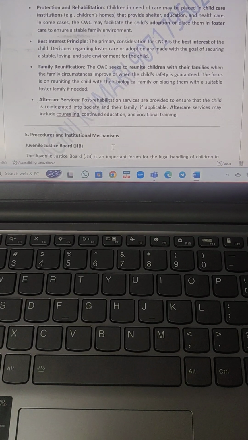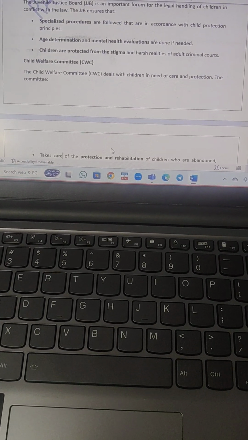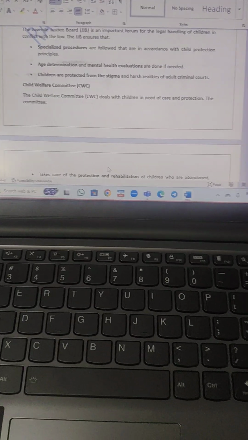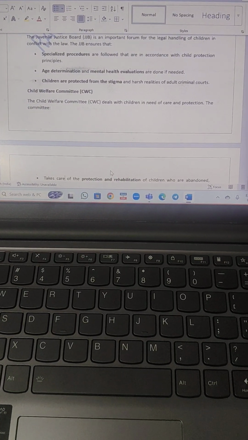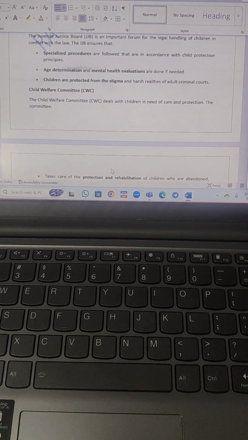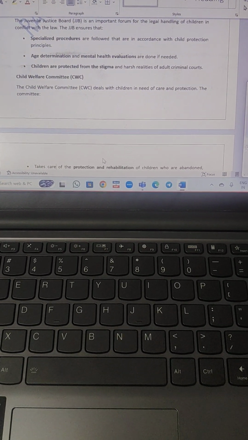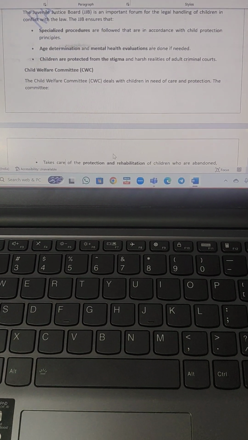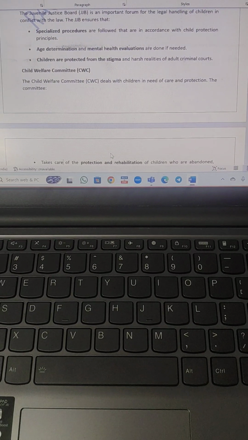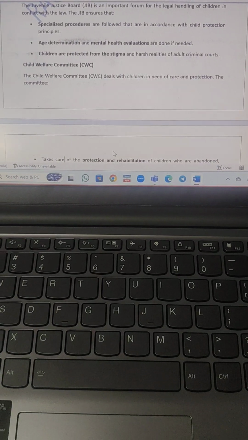Now, what is the procedure and institutional mechanism? So Juvenile Justice Board. A Juvenile Justice Board is an important forum for the legal handling of children in conflict with law. There are specialized procedures that are to be followed in accordance with child-friendly principles. Age determination and mental health evaluation are done if needed. Children are protected from the stigma and harsh realities of adult criminal courts. Then Child Welfare Committee. The Child Welfare Committee deals with the child in need of care and protection. The committee